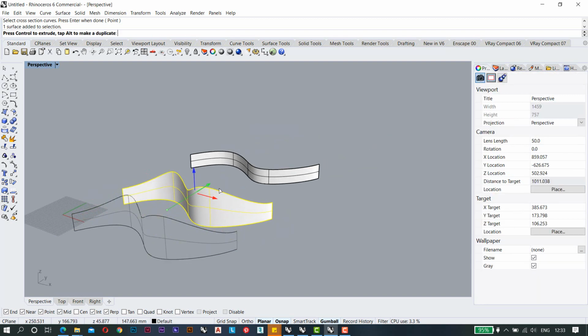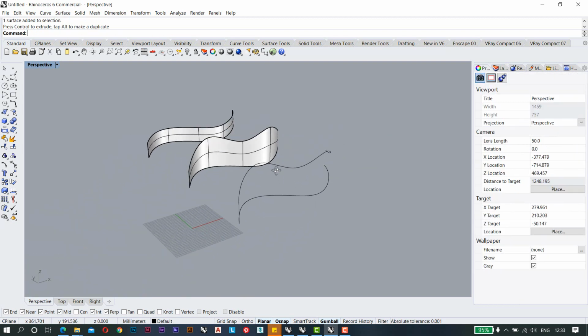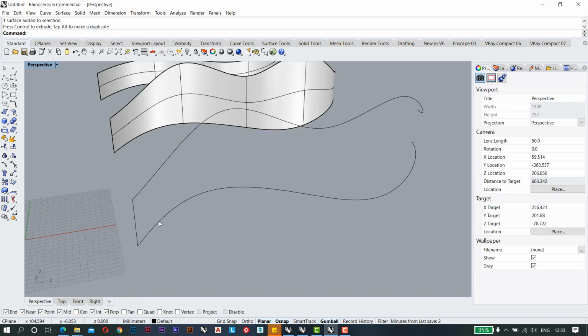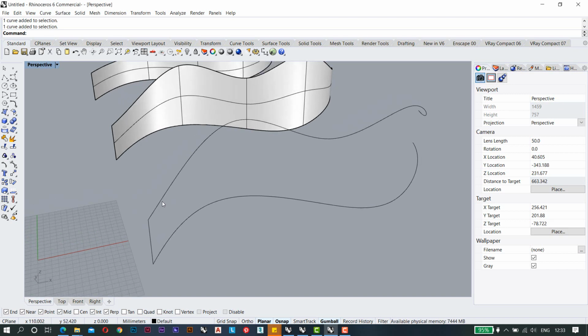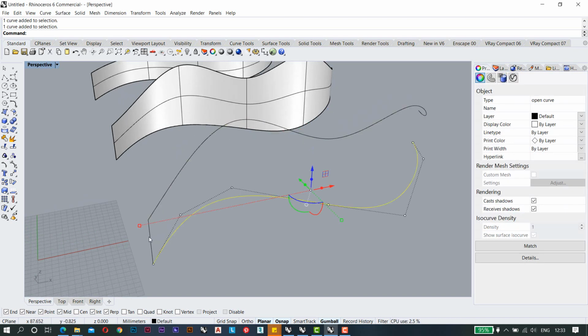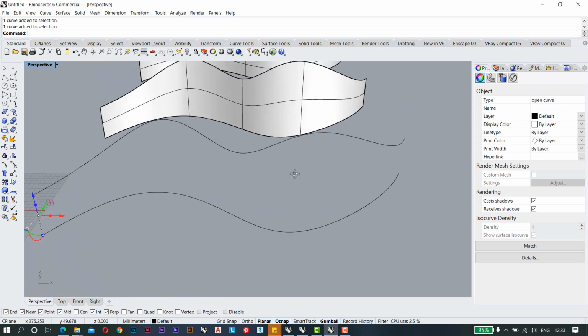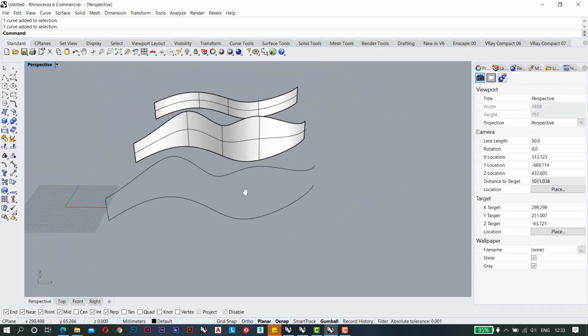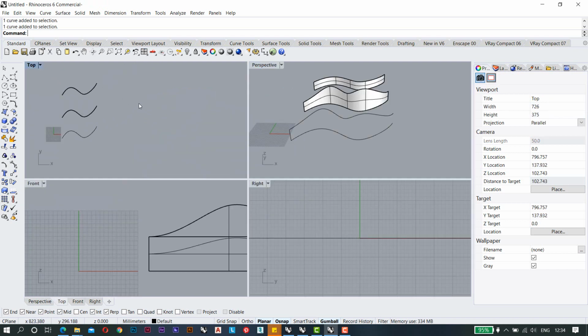So I think the first step is pretty clear, that in sweep1 rail we need two elements, one rail and one section, or probably any number of sections. Or in sweep2 rail we need two rails and n number of sections. And now we are going to show how to use it in architecture.